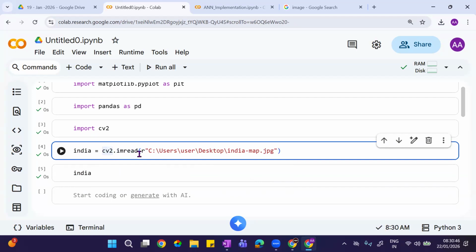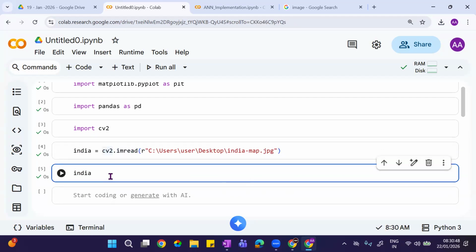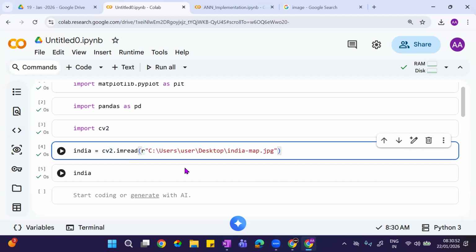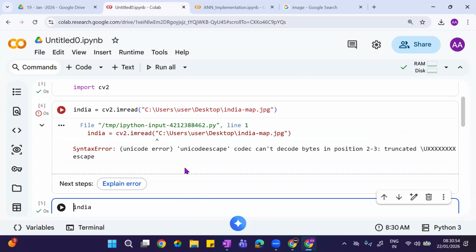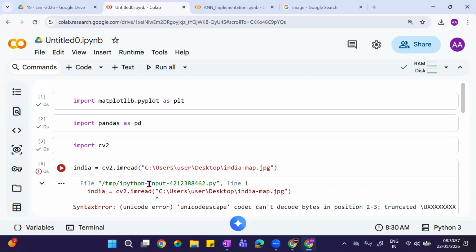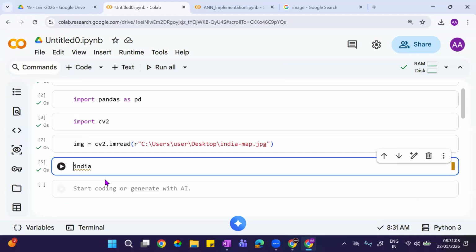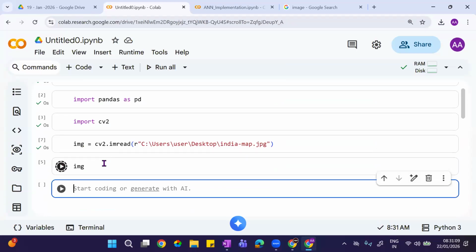I'm reading the image. Okay, what's wrong with this? It's not there.